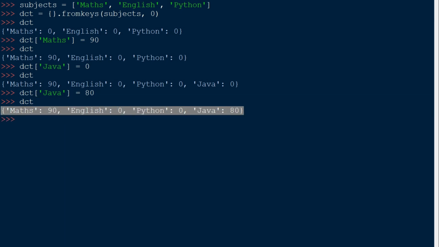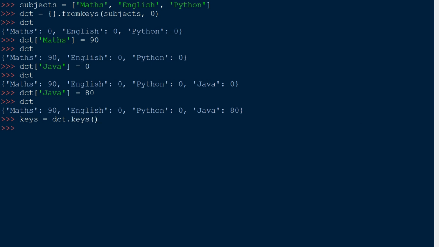Now what if I want to get all the keys from the dictionary? We can simply do that by typing, let's say, keys is equal to dct dot keys. Press enter, type keys, press enter. See, we got our keys object from the dictionary which contains all the keys, but we need to convert it into a list so that we can use it later.